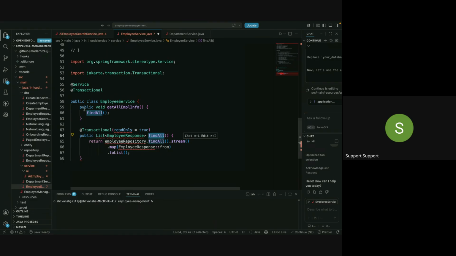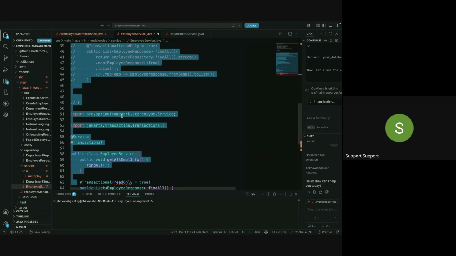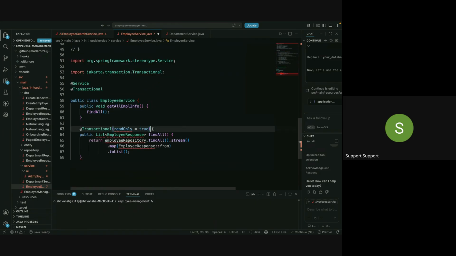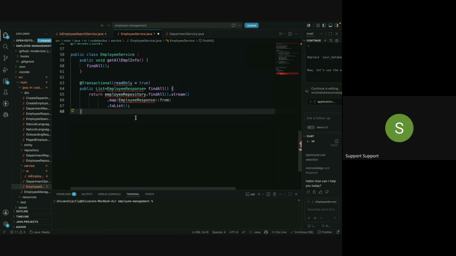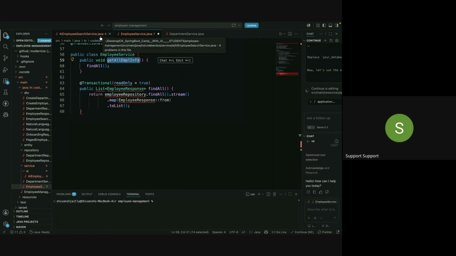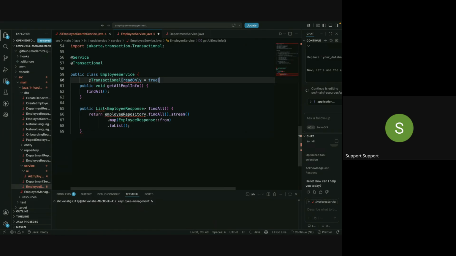Okay. So now the second scenario, where you are saying this transactional should be on the other one. So it means in this findAll, it will not follow transactional properties. Yes, exactly. getAllInfo won't find this transaction property. Okay. Then second thing, if I give Ctrl+X and Ctrl+V over here,